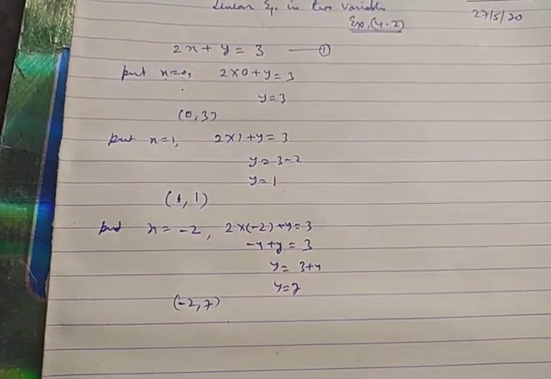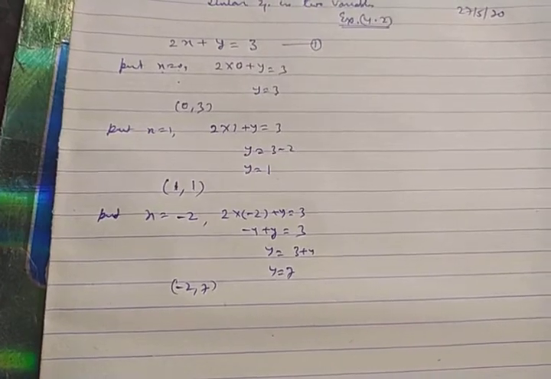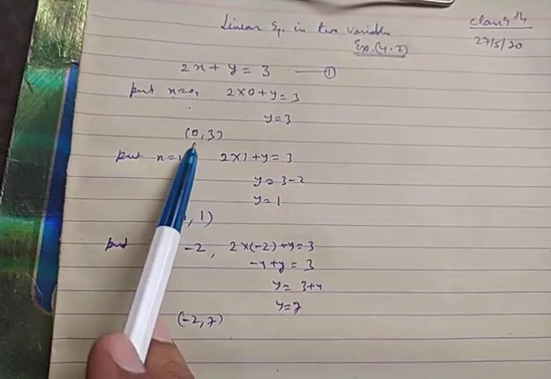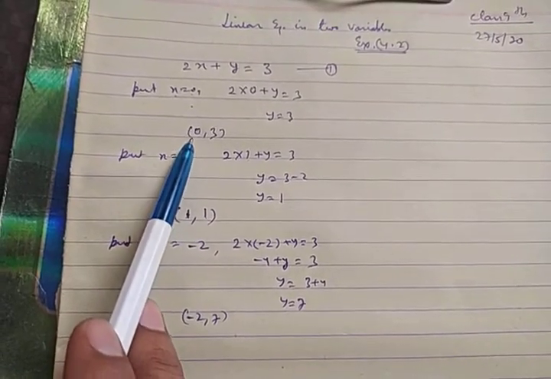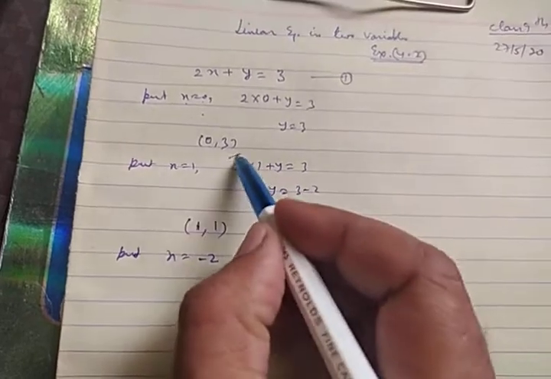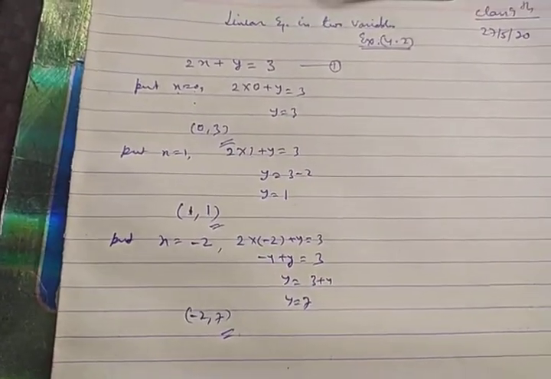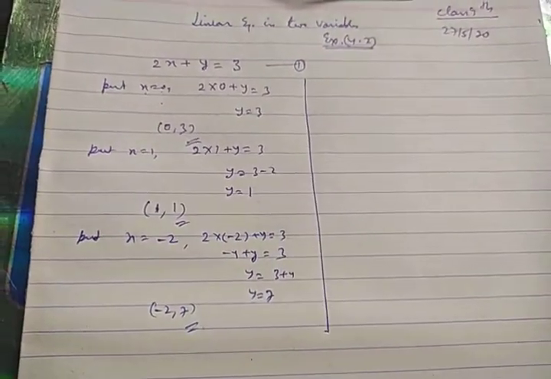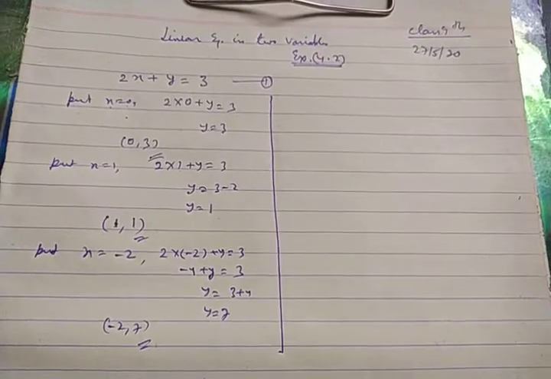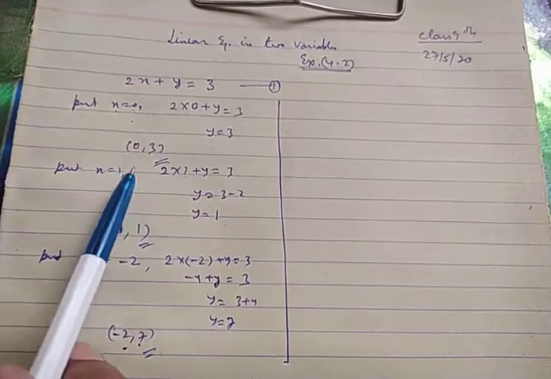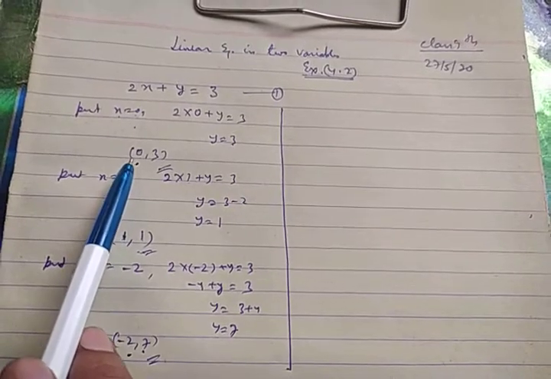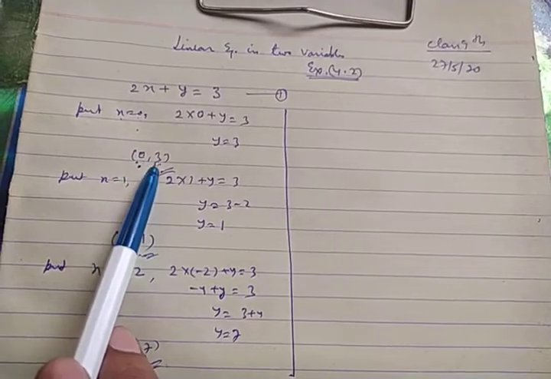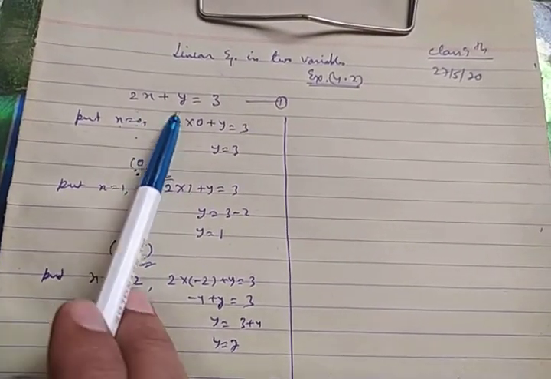Now one thing is, the solution means which points will solve the equation, means for particular values or values of your random choice, values of x will give the value of y. These are the points or the solution of the linear equation. Now one more thing is coming, whether a particular point will satisfy the equation. Suppose I am randomly taking a point. Actually in this point, with respect to the value of x, I have calculated the value of y. Then this is a point corresponding to this equation.